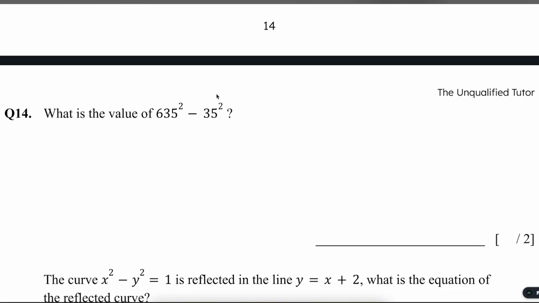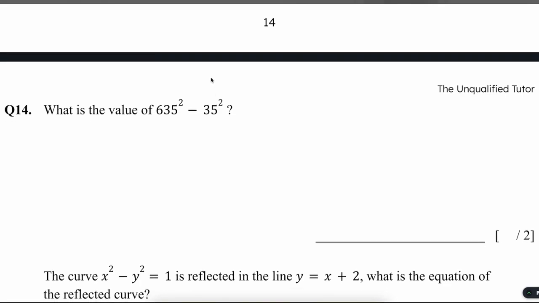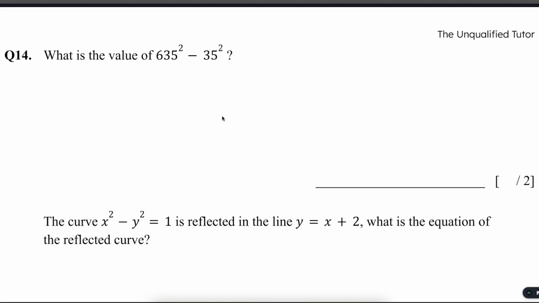Next question. What is the value of 635 squared minus 35 squared? Again, this is one where either you see it or you don't. Okay, you can get the correct answer and you can get full marks by actually multiplying it out, multiplying what is 635 squared and what is 35 squared and then subtracting them from each other. You can award yourself full marks if you did that, but if you didn't, then there is a quicker way